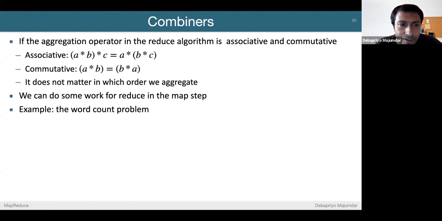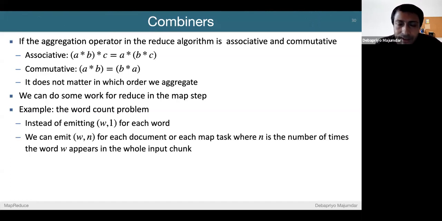For example, in the first word count problem, the hello world one, we were reading every word and outputting W, 1 for every word W. But what can happen is that in one particular node, this particular word appears a lot of times. So we are generating so many same key value pairs for the same word. Instead, we can do some local computation. Obviously, the map function will not be that simple. The coding will be more difficult, but it will be much more efficient.